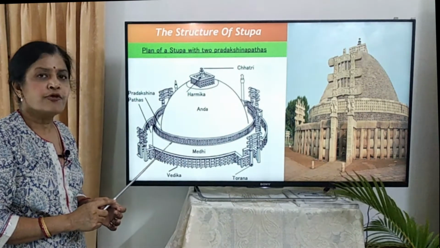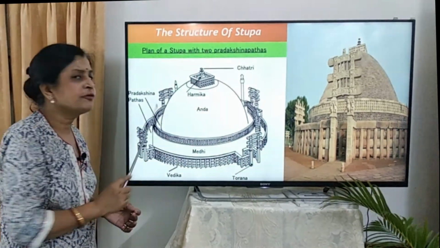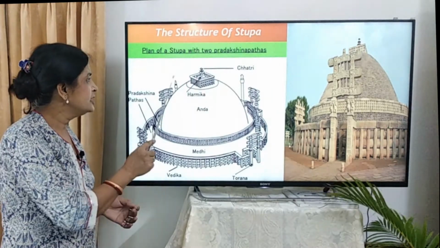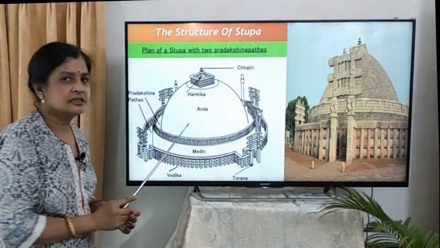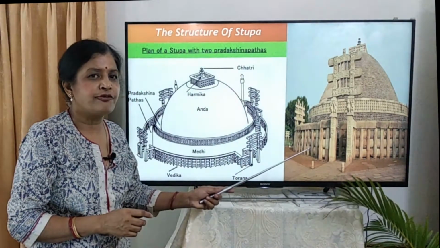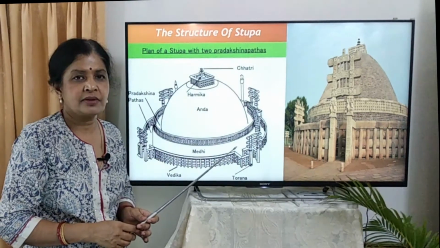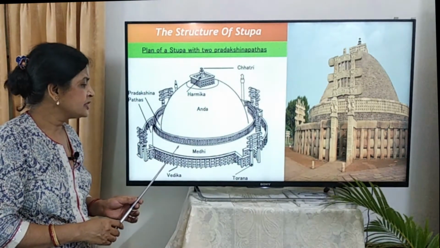Not only this, four gates were also made in the four cardinal directions: north, south, west and east. These were beautifully decorated and carved so that people can study the life of Buddha. So this is how the structure of